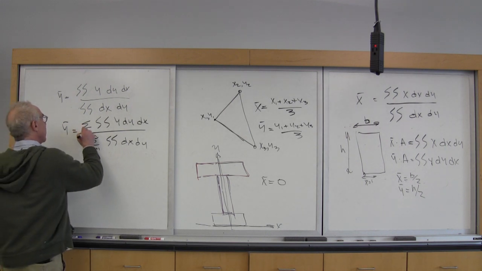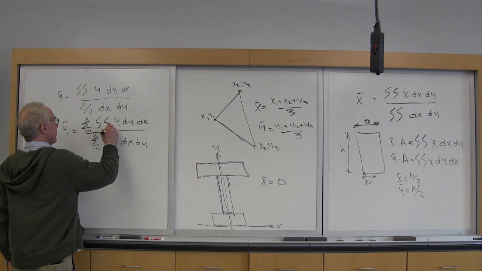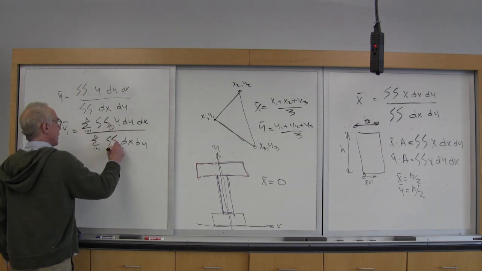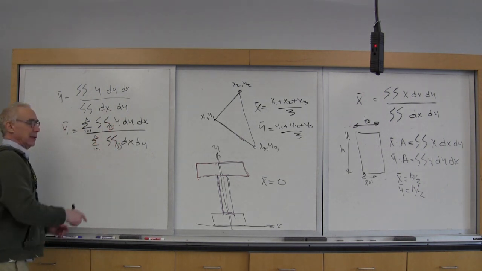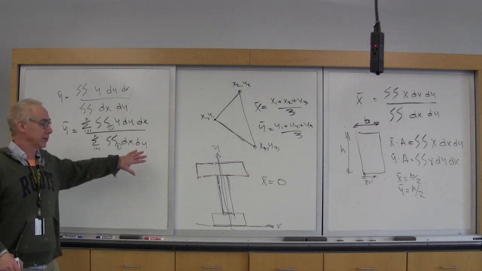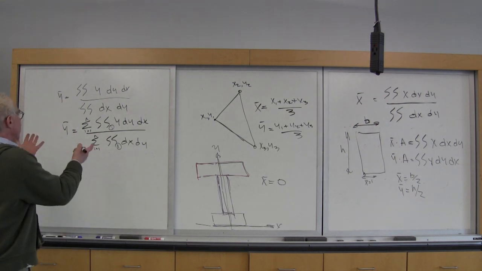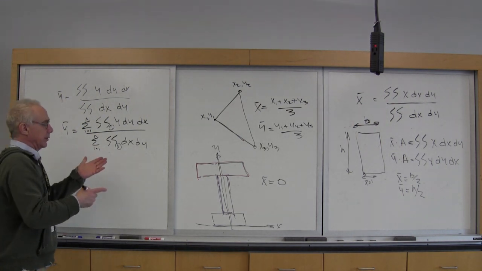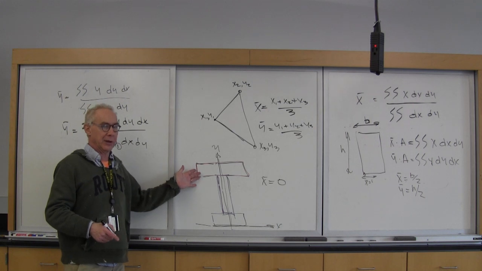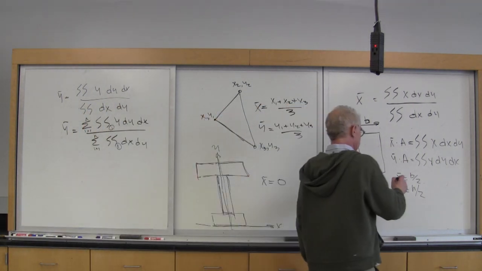And I'll do the same here. i equals 1 to n. And this would be integrated over, I'll just put an i here, implying that the limits are dependent on which rectangle you're doing this for. All right, so when we look at this, we realize we're only dealing with rectangles. We know the centroids of rectangles. And we also have this very handy little